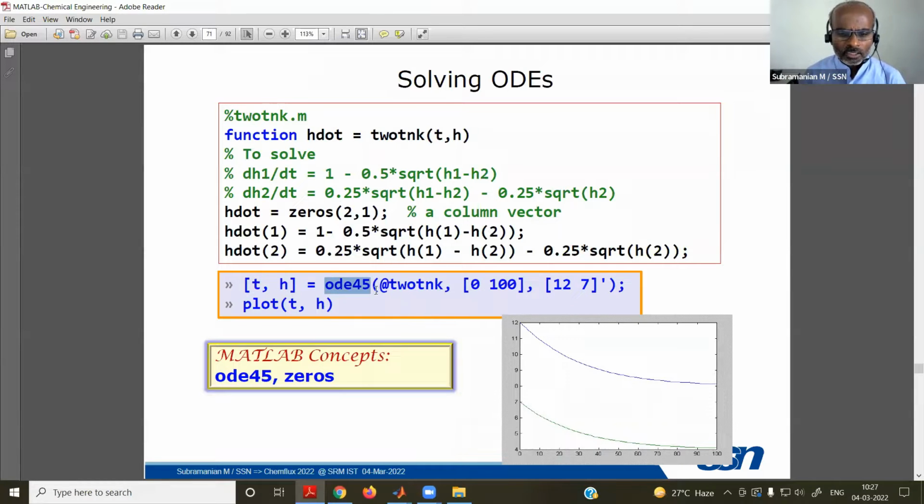For that, we need the function file, the independent variable's range, and the initial values of the dependent variable. So the values are calculated and assigned to t and h. And using plot t comma h, you get these plot commands.